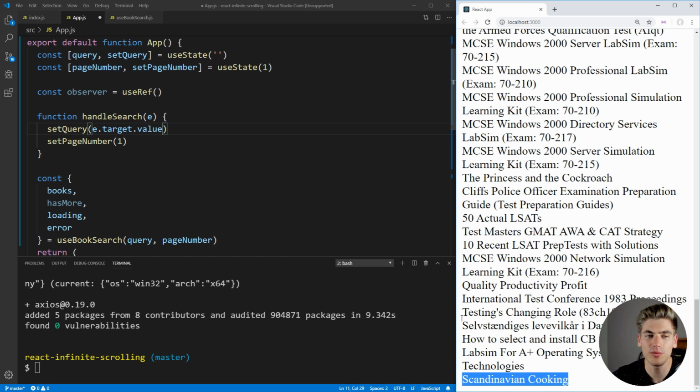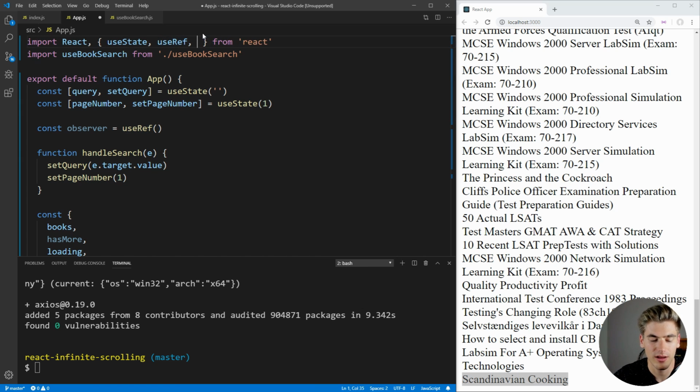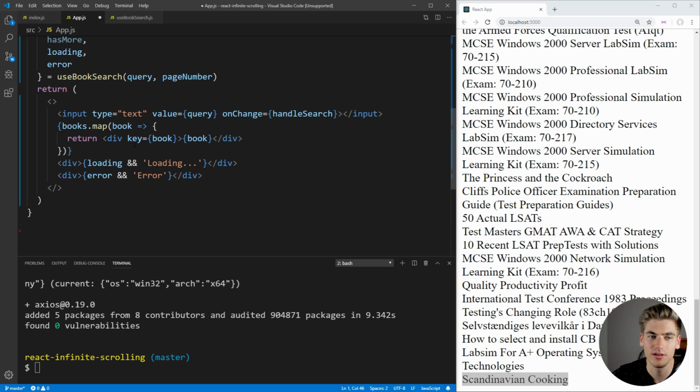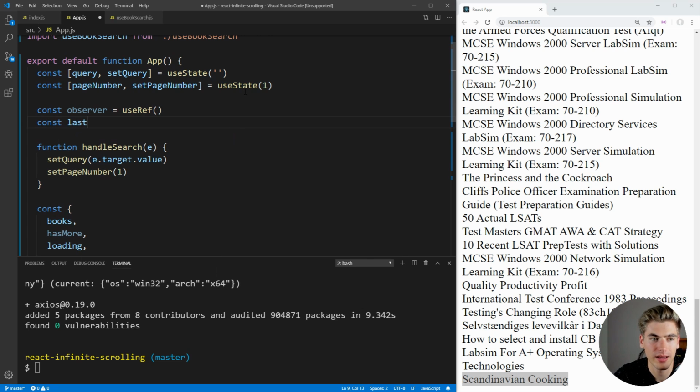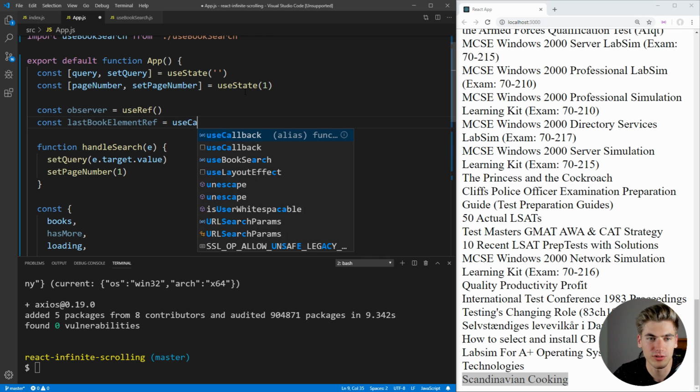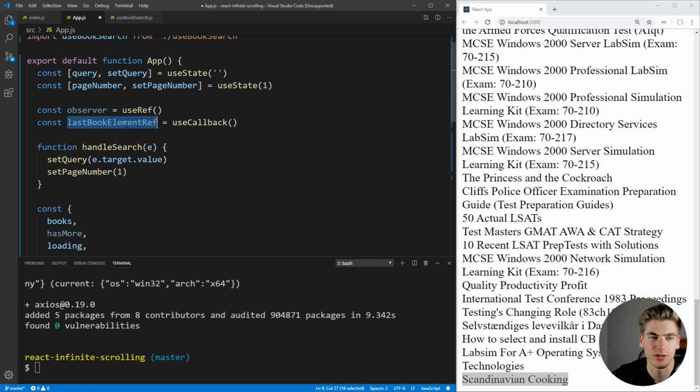And you would think we could just do this with useRef, but like I mentioned, useRef is not part of our state, so it doesn't update every single time that it changes. So when our reference changes, it doesn't actually rerun our component. So what we're going to use is useCallback. And this actually has a really unique interaction with useRef, where if we set a ref, so for example, if we said ref is equal to, and we used a useRef, so if I just come up here and say const lastBookElementRef, and I set it equal to useCallback, and I actually supplied information here,